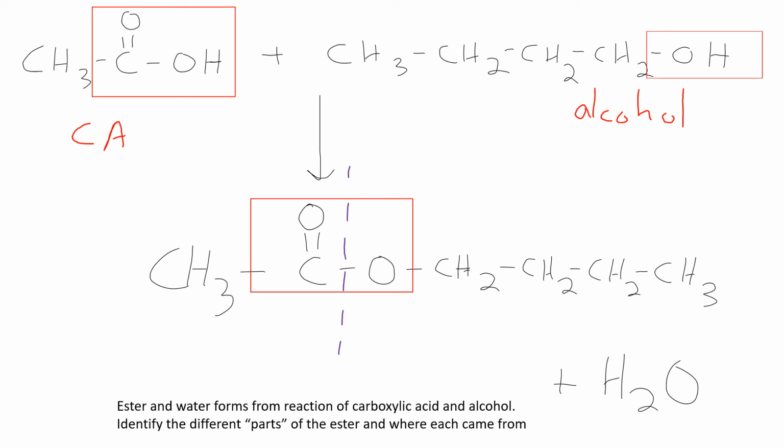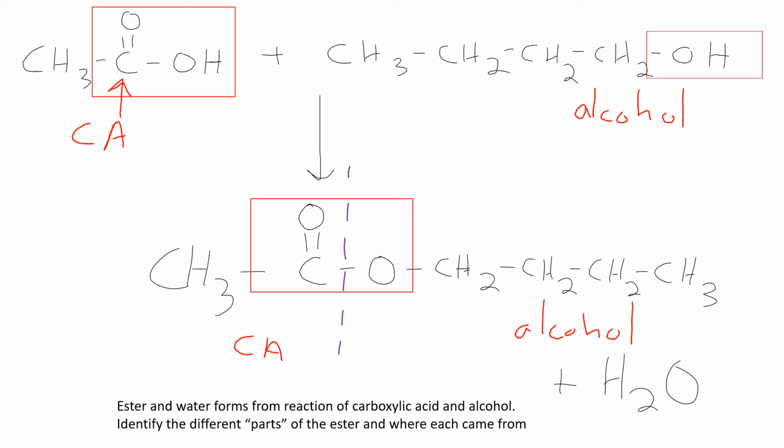And remember from the nomenclature, we said the side with the C double bond O was from the carboxylic acid. That's where those pieces of the molecule came from. Meanwhile, the part with the oxygen originally came from the alcohol. So in order to help see where everything fits together, you can do a little bit of color coding to match on what's going to happen. So in this carboxylic acid, I have a red arrow pointing at the C double bond O.